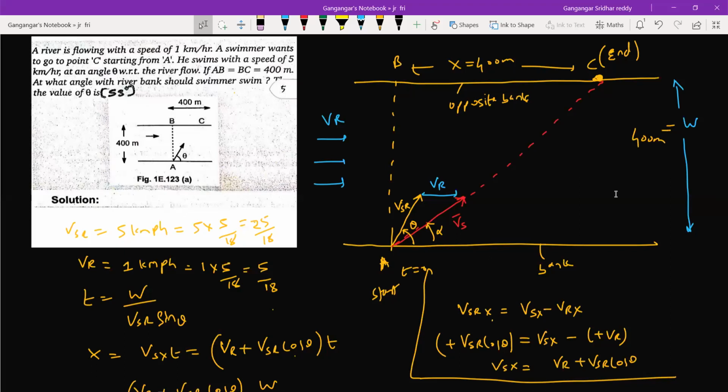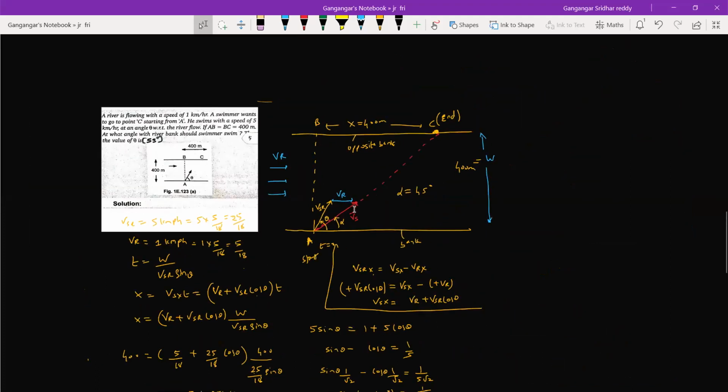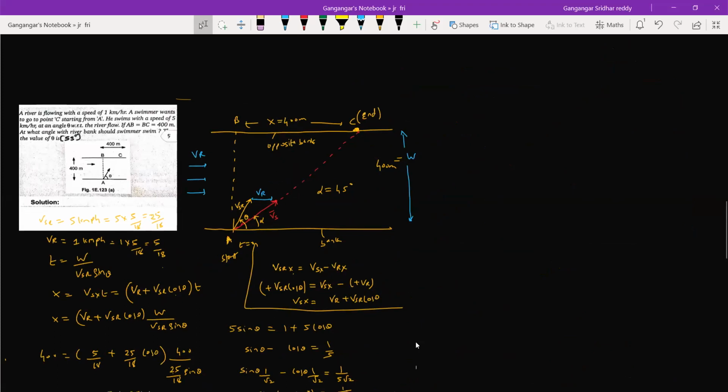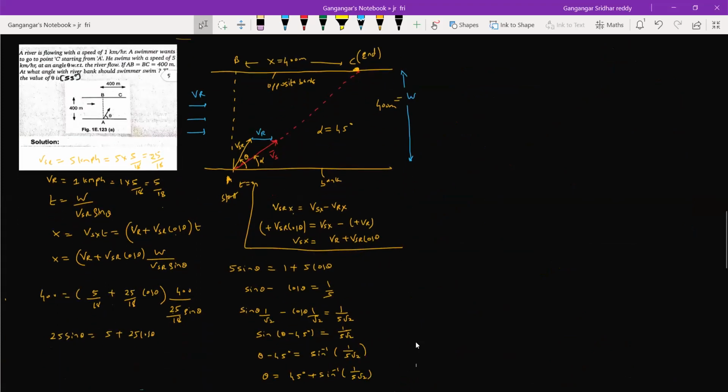Look at the answer, 45 plus it. Already you know what alpha is from the diagram. I think anybody will answer. What is alpha? Alpha is 45, no? So definitely what do you expect theta to be? It should be more than alpha. I think that's the answer. Look at alpha clearly. Definitely theta should be more than alpha, no? That's what I got as the final answer.